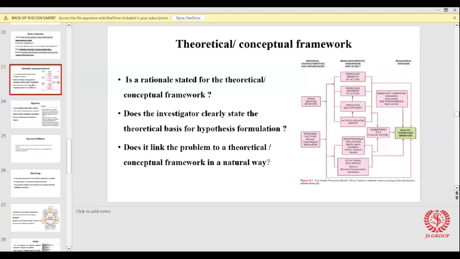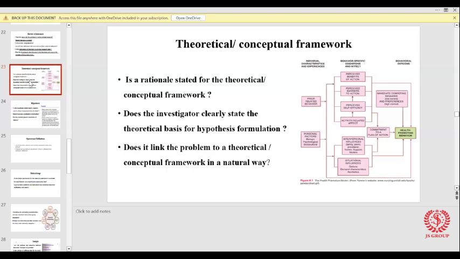Does the investigator clearly state the theoretical basis for hypothesis formulation? Hypothesis means, as you all know, a tentative prediction about the relationship between two or more variables in our particular study. So does it link the problem to the theoretical or conceptual framework in a natural way, whether it is directly